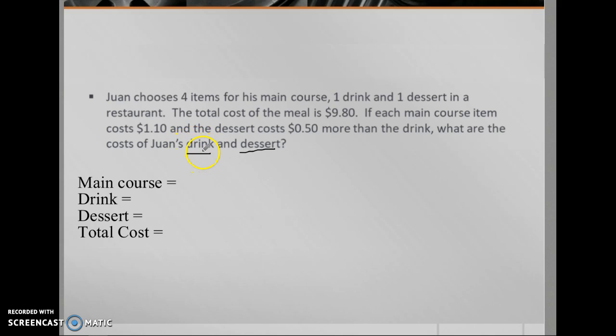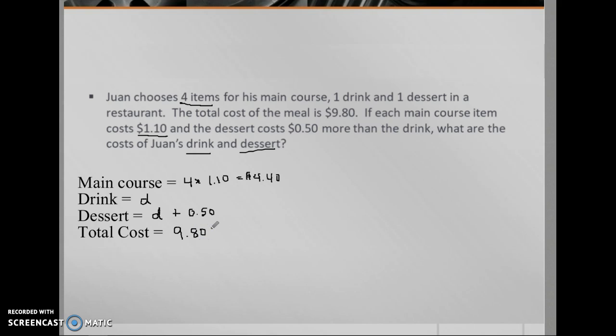So if you assign D for drink, we know the dessert costs 50 cents more than the drink. So if we assign the drink to be D, and the dessert is the cost of that drink plus 50 cents, those are going to be our 2 expressions. Because the other values we can calculate out. We know that 4 items at $1.10 each, that would just be 4 times $1.10, so $4.40 for his main course items, and then we'd add up the rest to get our total cost of